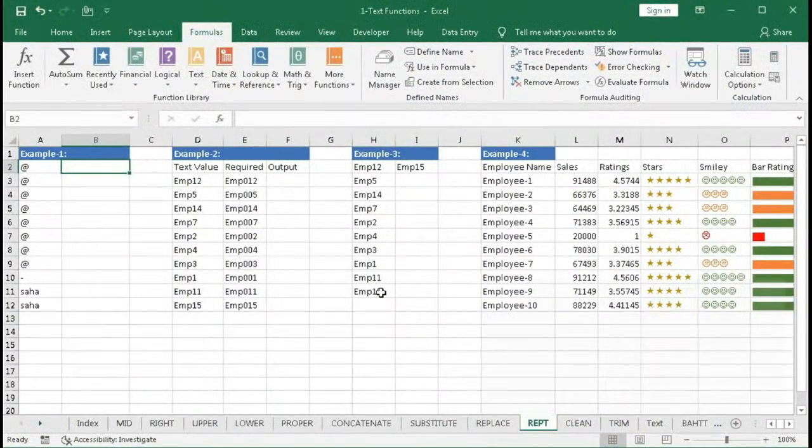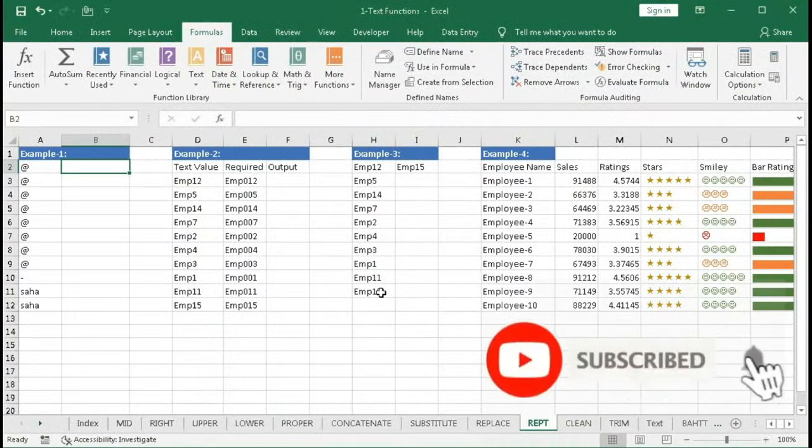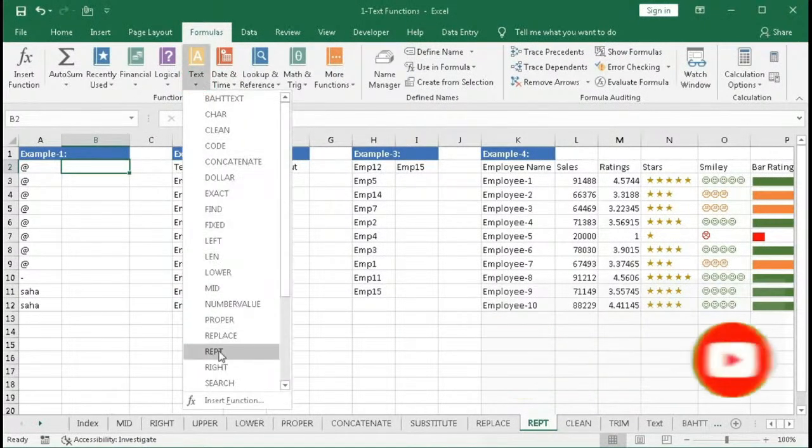In this tutorial, we will understand about the REPT function. So, focus, click on text category and click on